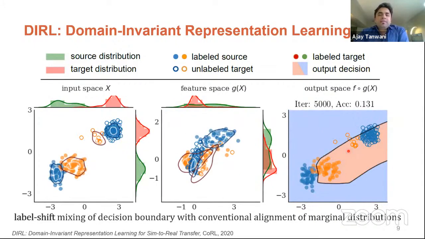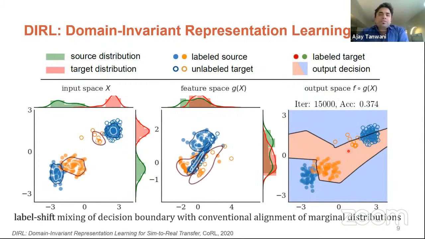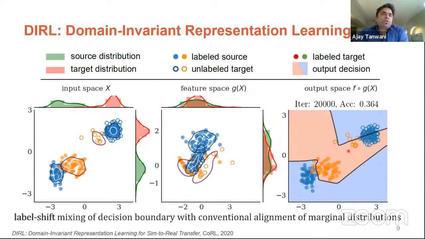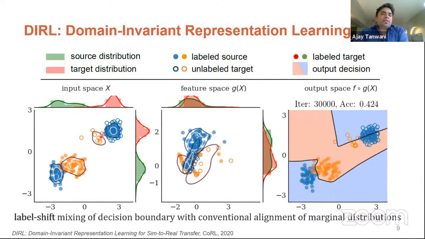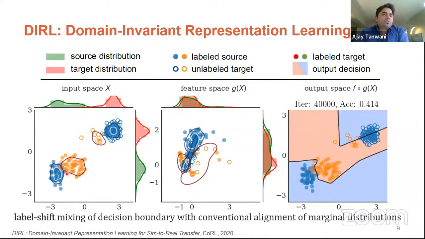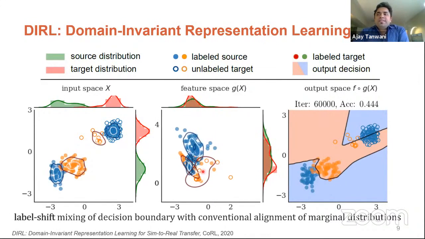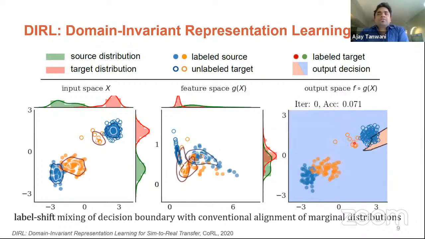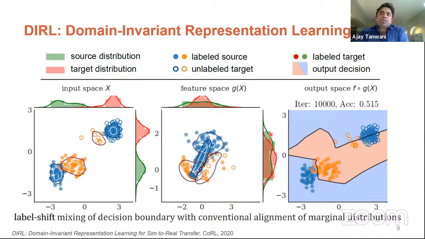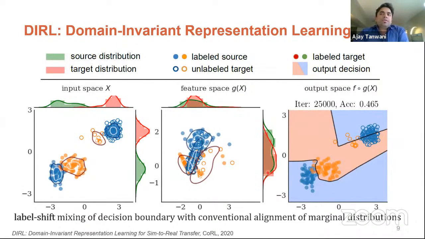Even if there exists a label shift with an imbalanced class ratio in the target domain, such as that of 0.1 in this example, that is the ratio of class categories between the source and the target domain, we see that it leads to uneven mixing of class samples across the decision boundary, with the constraint being put that the marginal distribution should align in the shared feature space.